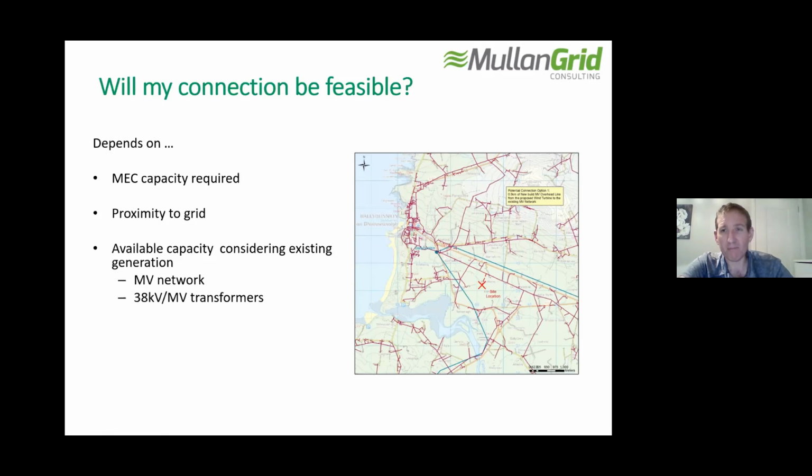But if you're doing a bigger generator, maybe 5 megawatts, it's really a question of whether there is infrastructure in the local 38 kV substation, for example, Ballybunion substation. At the moment, the Ballybunion substation transformers are probably saturated with the existing generation that's there, so any more generation will drive transformers. You also need to look at the 38 kV network that feeds those transformers, and